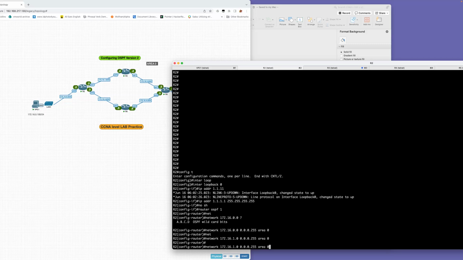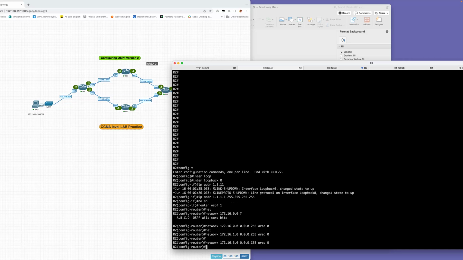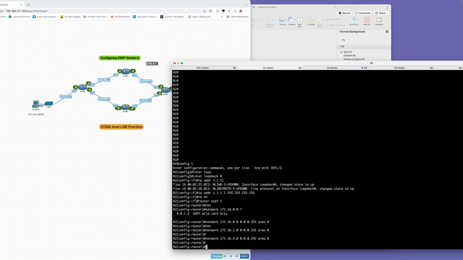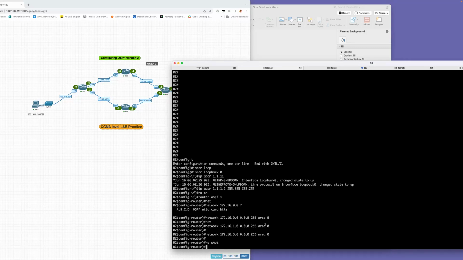And same thing, you give 172.16.3.0, which includes Ethernet 0/2. And that's the configuration, and we can show